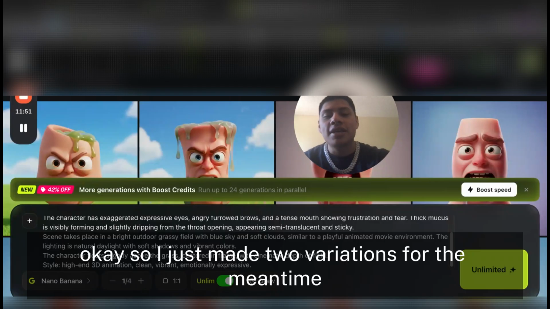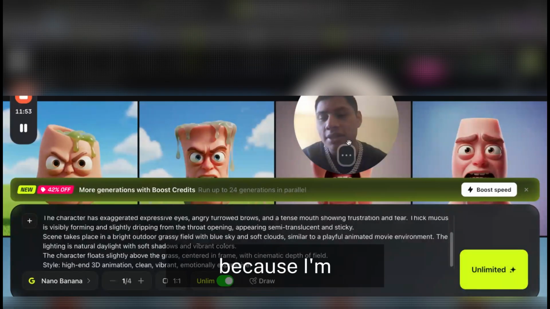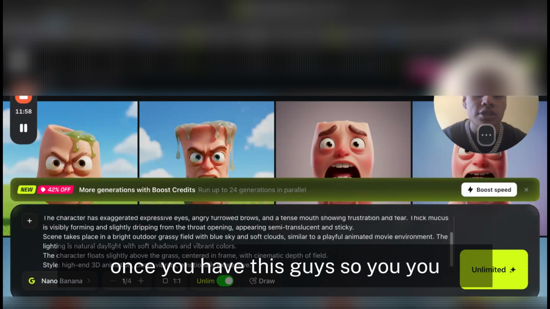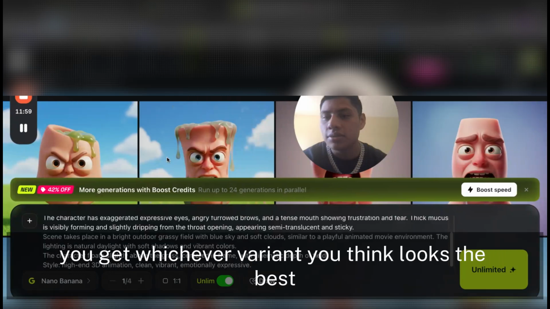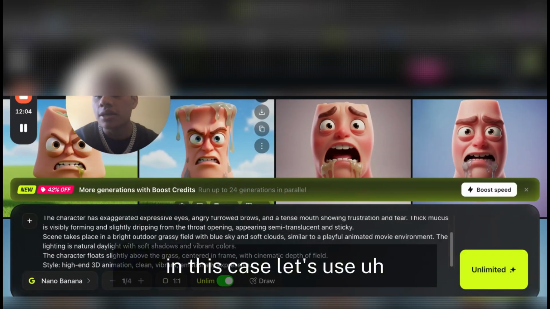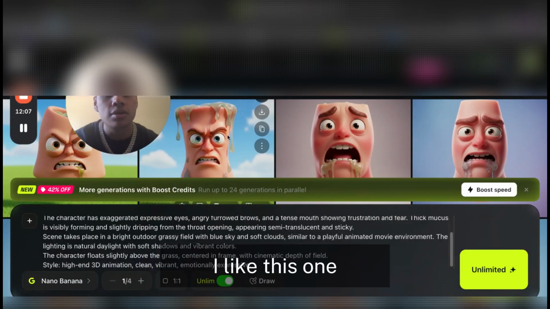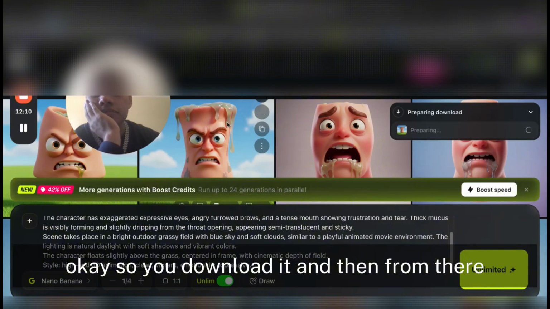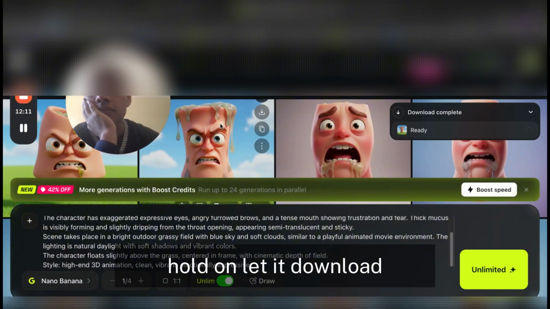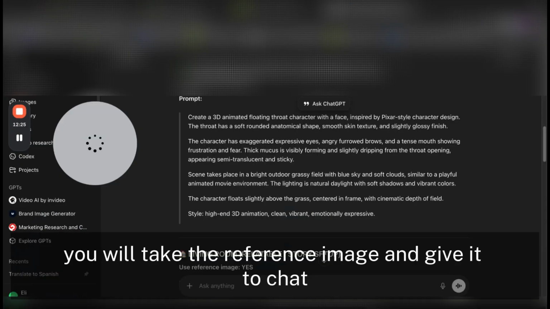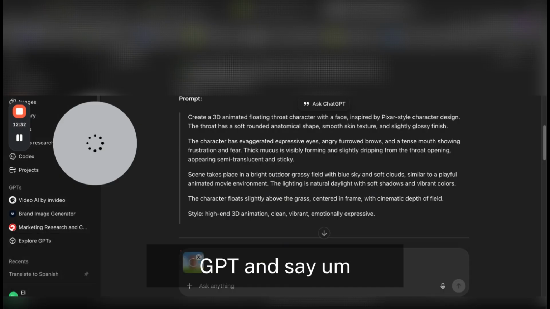Okay, so I just made 2 variations for the meantime because my computer's heating up. So once you have this, guys, you get whichever variant you think looks the best, right? In this case, I like this one. So you download it, and let it download. Once it's downloaded, you will take the reference image and give it to ChatGPT and say,